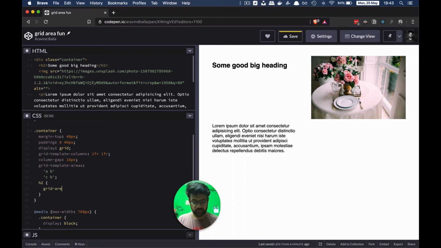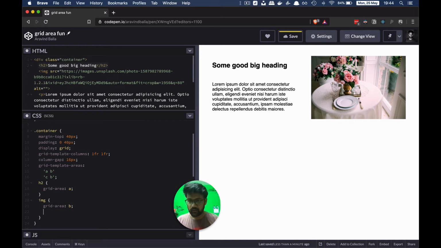So I can use grid area A to tell the first H2 component to sit in the area A. Okay, and then I can do the IMG to be grid area B,